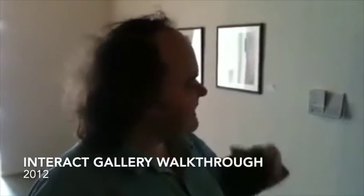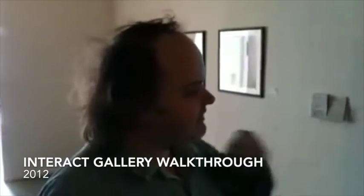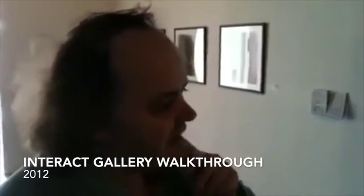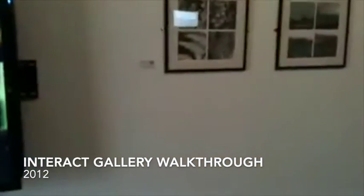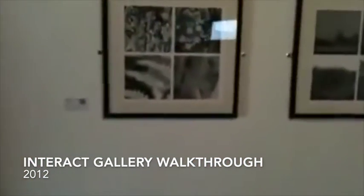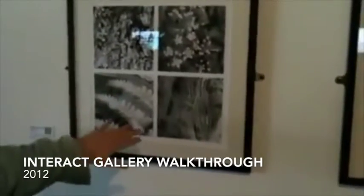So the idea is that you interact and feel part of this sort of dynamic collage, this moving collage. We also have on this wall, which is a very, very flexible space, we can reconfigure this how we want to. Selection of images from my research where I've been looking at natural forms and shapes,